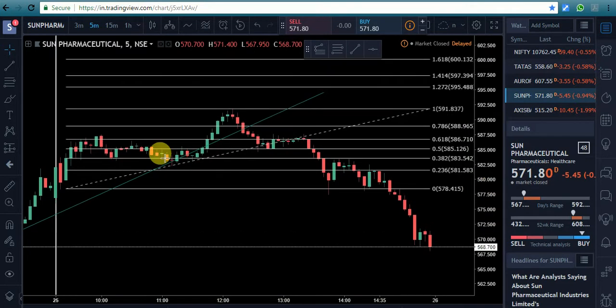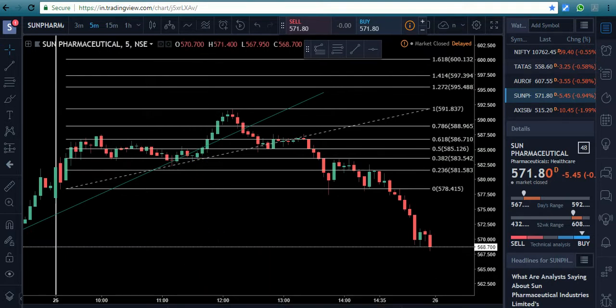See, here it has a pullback, so after that again it respected. You can take entry here after breaking this level. You can place an order here also. So it's very good. And by keeping a stop loss,